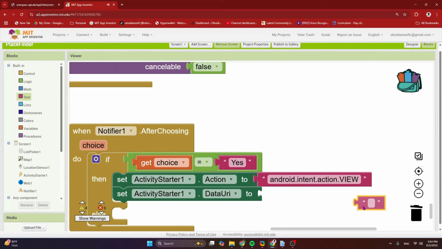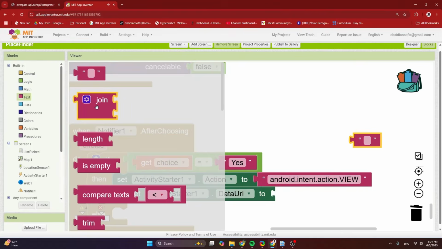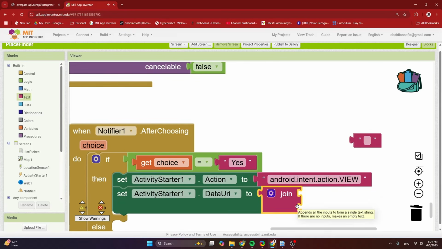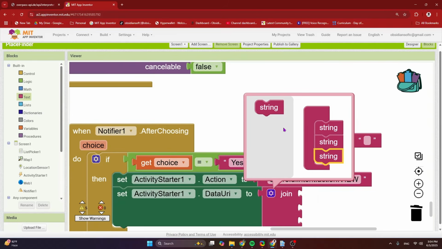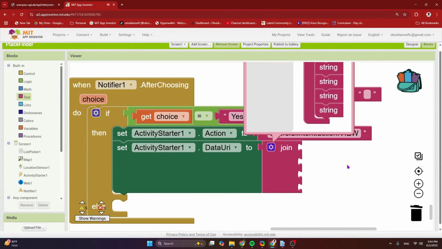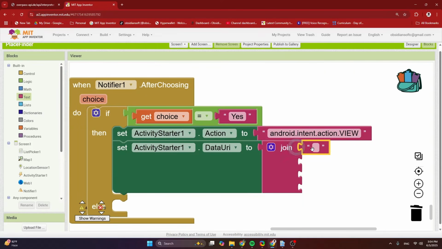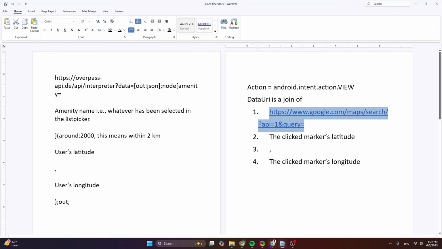So this is basically a join. So from text, get the join block, and it is a join of 4 things. So click on the cogwheel to add 4 things, and now the first one is an empty text block, and I copied it from here.